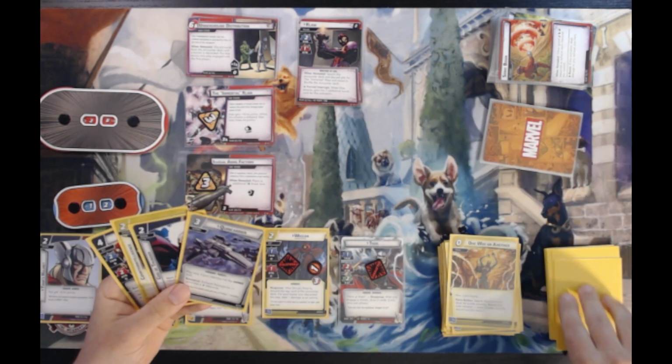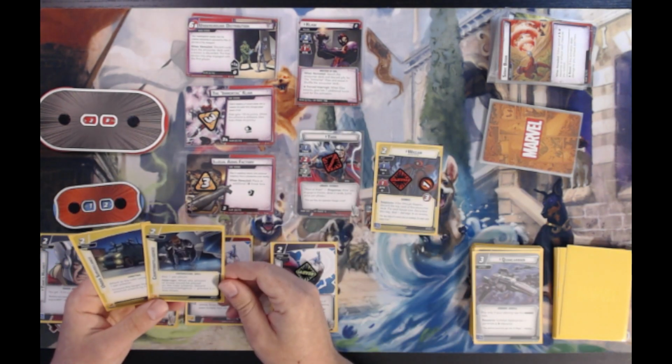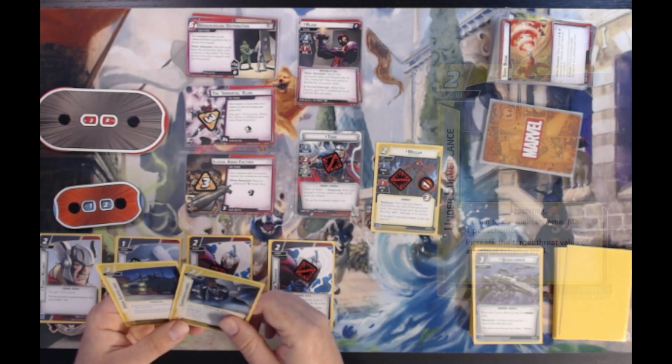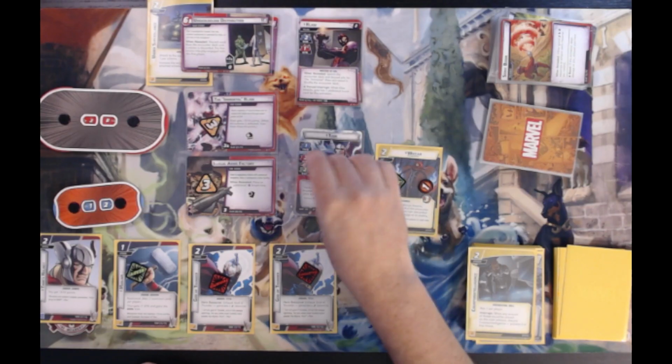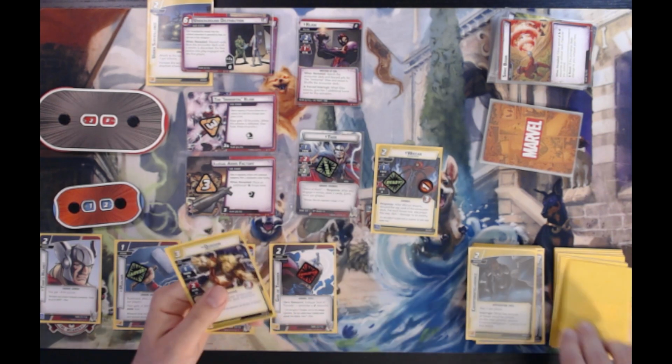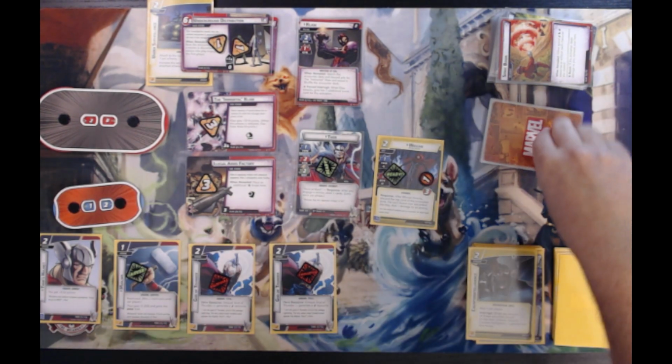This draws me into God of Thunder, Quinn Carrier, and Under Surveillance. I then discard my hand, allowing me to play God of Thunder and Under Surveillance on the main scheme. I am not losing the game to scheming. Not again. I ready up, drawing into Quasar, Asgard, Surveillance Team, and Clear the Area, then prepare for an undefended